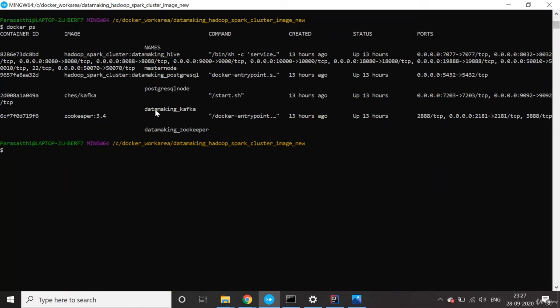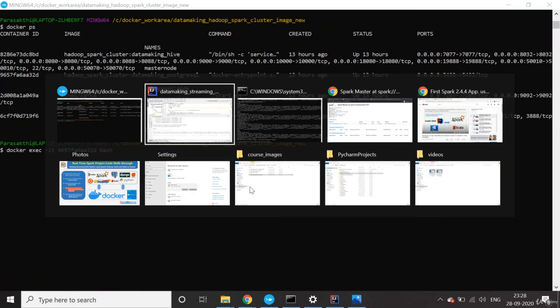So this is the Postgres container. Take the container ID and log on to that. You can say docker exec in interactive mode with the container name and bash. So it is going to open that container.